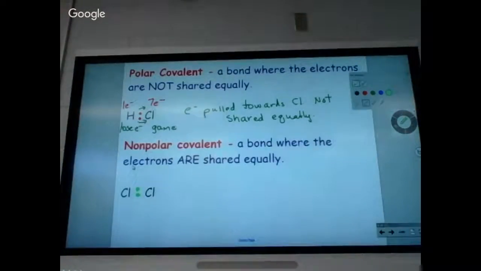So if we look at one of our diatomic molecules, Cl2,